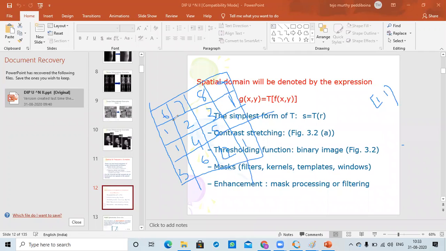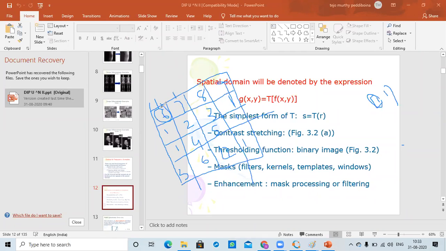Then I will do some convolution with this one. Then what happens? This is, let us suppose, origin. For replacing 6 value, what I have to do is, I will explain now. 6 value. Now let us put this mask over this. So this is 1 and the neighborhood of this one is 1.